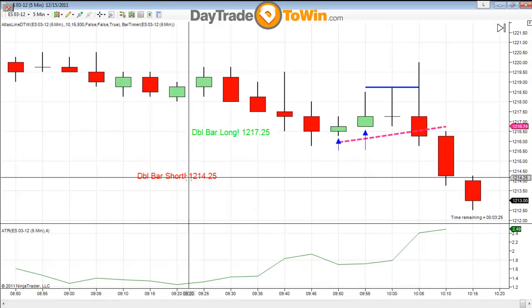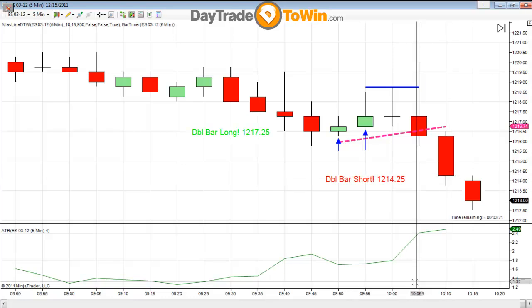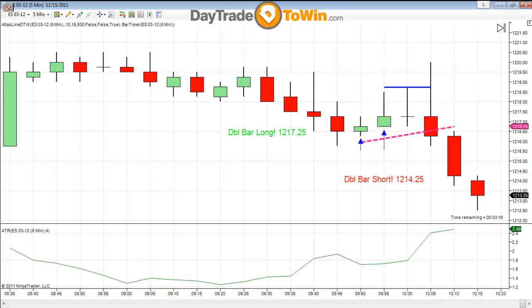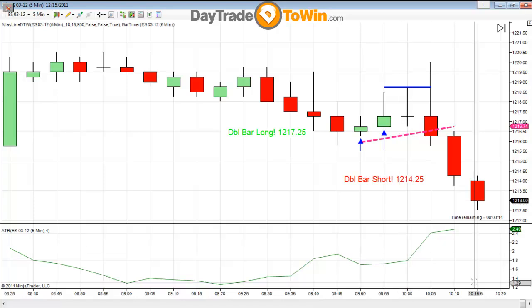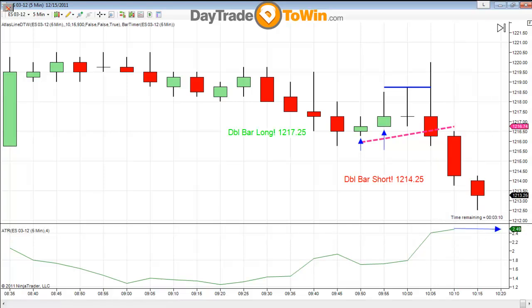Now there's a double bar short here, 12.14 quarter, right there. Plotted live, 12.14 quarter to go short. And I'm going to ask you, what is the ATR right now? Can everybody see what that number is right here and right now? What is it? Can anybody see that number there? 2.49, right. So that means, very good, Blake, Kevin, that we are looking at a profit target of 2.5,